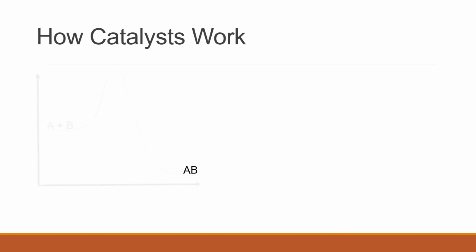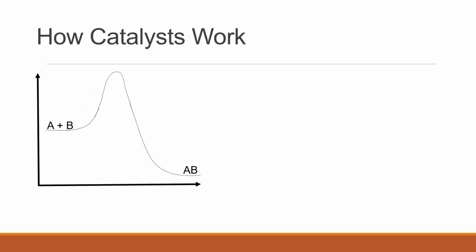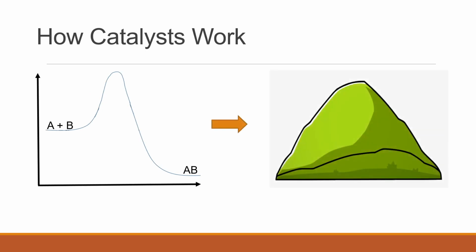Well, to understand that, let's take this idea of chemical reaction and bring it to something a little bit more mundane. Let's say climbing up a hill. In its general form, it can be relatively easy to climb up some hills. They're relatively short, not particularly steep, and once you've gotten to the top, it's very easy to get down to the bottom of the hill and get to where you're going. However, sometimes the hill can be far too steep or too tall, and as a result, you're not able to